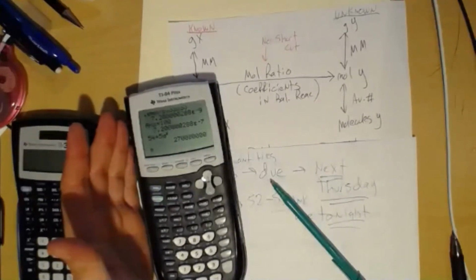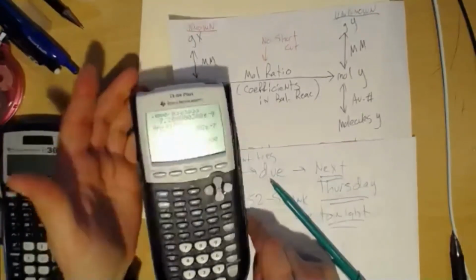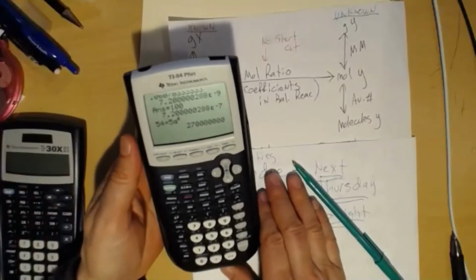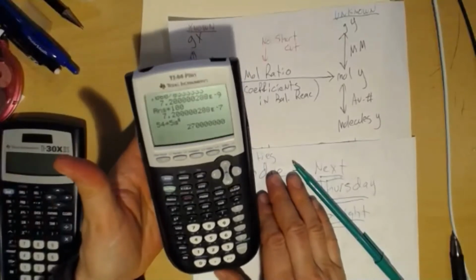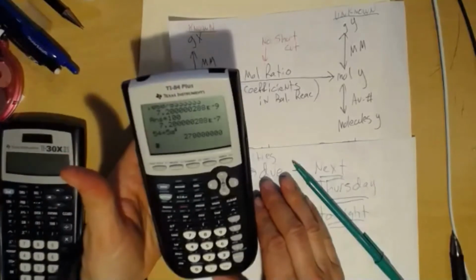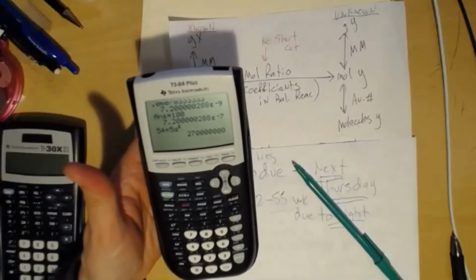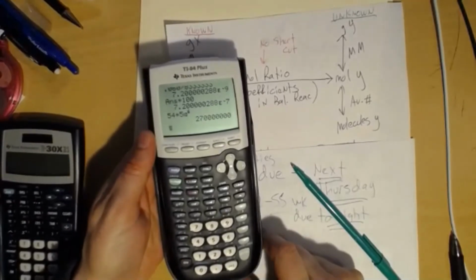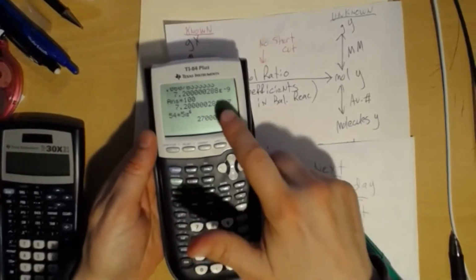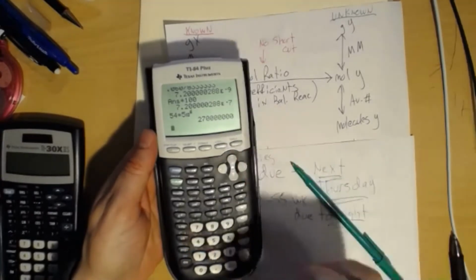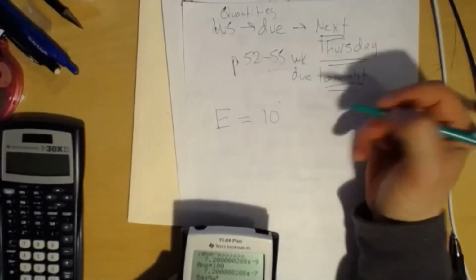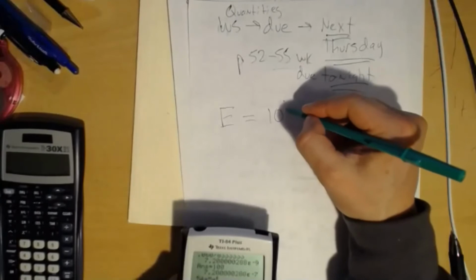So someone has this graphing calculator. They wanted to do exponents. Is that okay? I'm trying to show it, so maybe I can get the lamp glare away. Okay, so that capital E is time. So let's write that down. Capital E equals 10 to the whatever, 10 to the